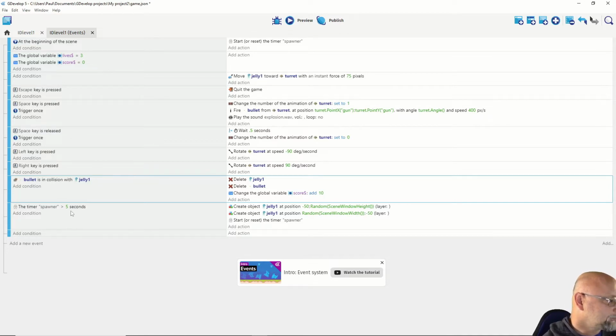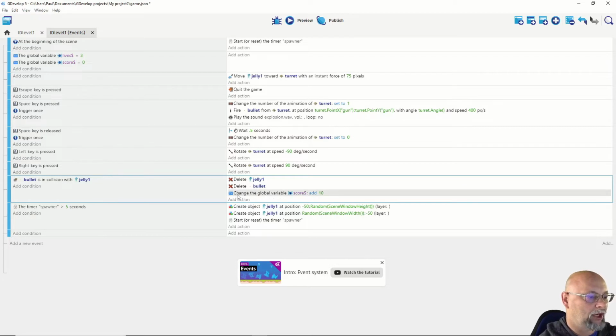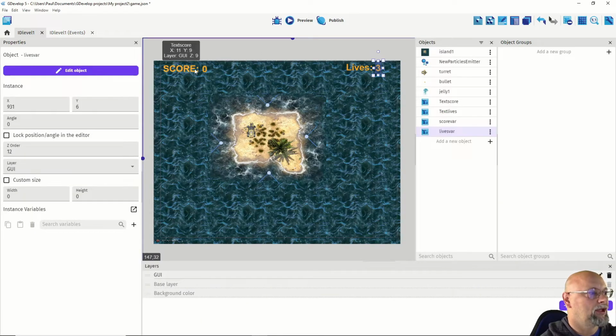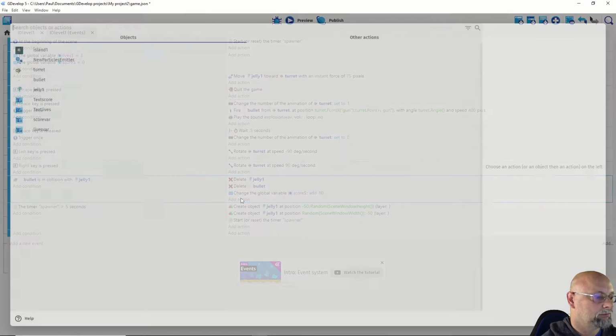So now I have, when bullet is in collision with jellyfish, delete the jellyfish, delete the bullet. Pretty standard behavior. Change the global variable score, add 10. Okay, and then what we don't have is the action to update the score. So we've gone over to here, we've created the score var, lives var. So what we're going to do is come back here, and we're going to add an action,